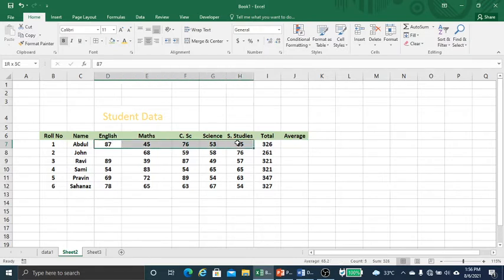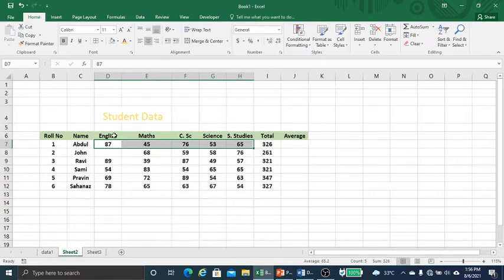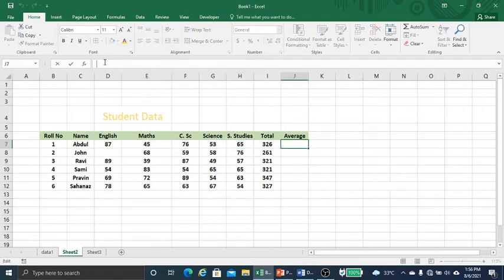You can do it automatically by selecting these values, or another way is to type equal to, then the function AVERAGE.